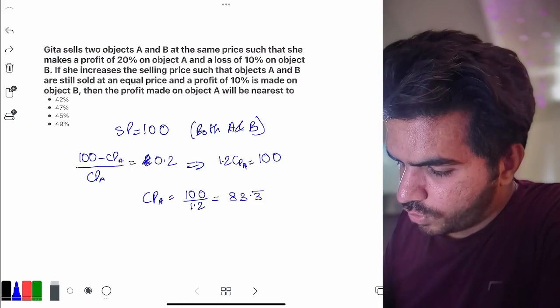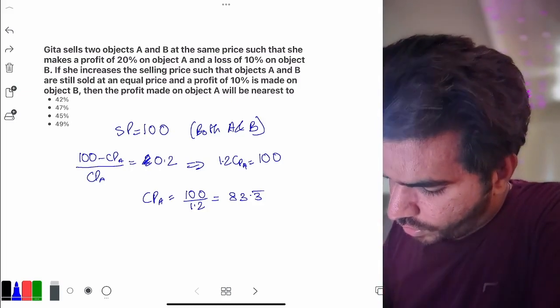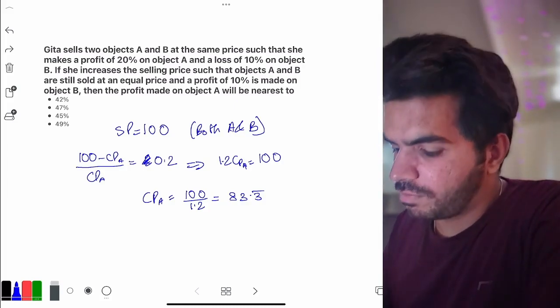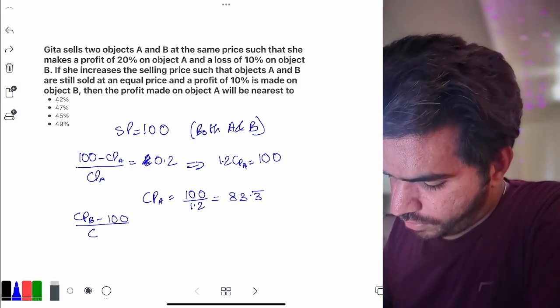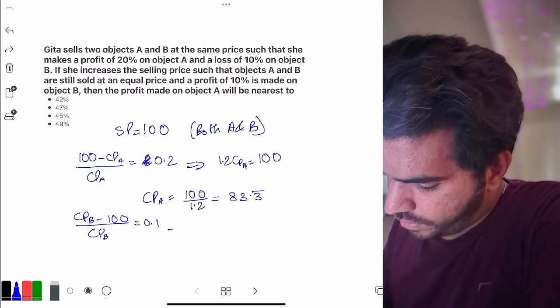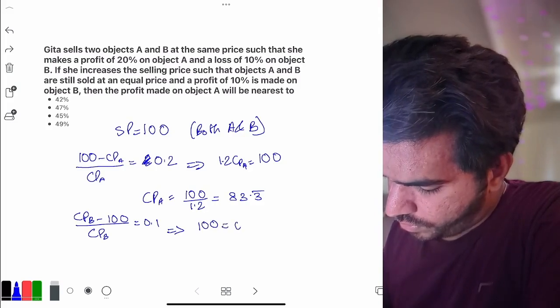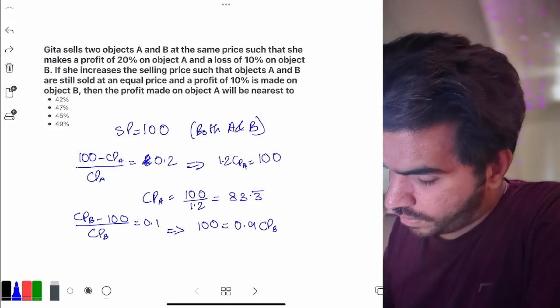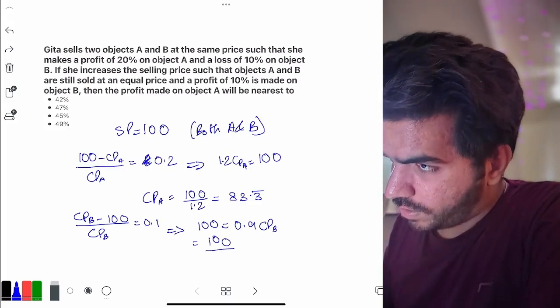Now coming to object B, it is given that the loss is 10% on object B. So (CP of B minus 100) upon CP of B is equal to 0.1, which implies 100 is equal to 0.9 CP of B,